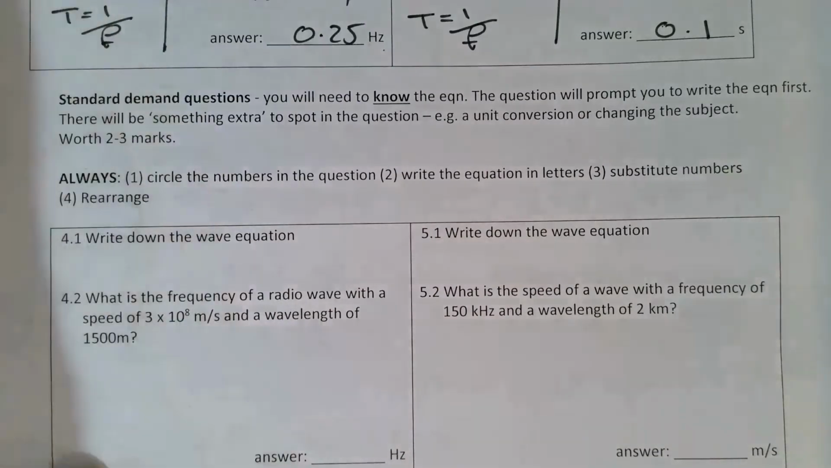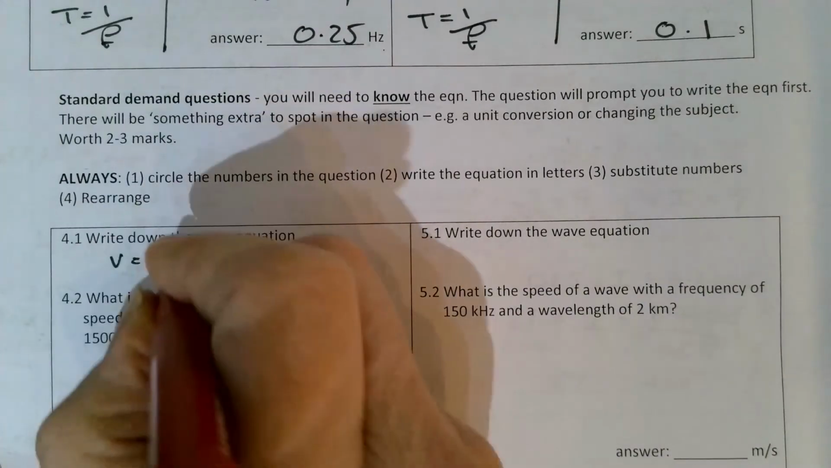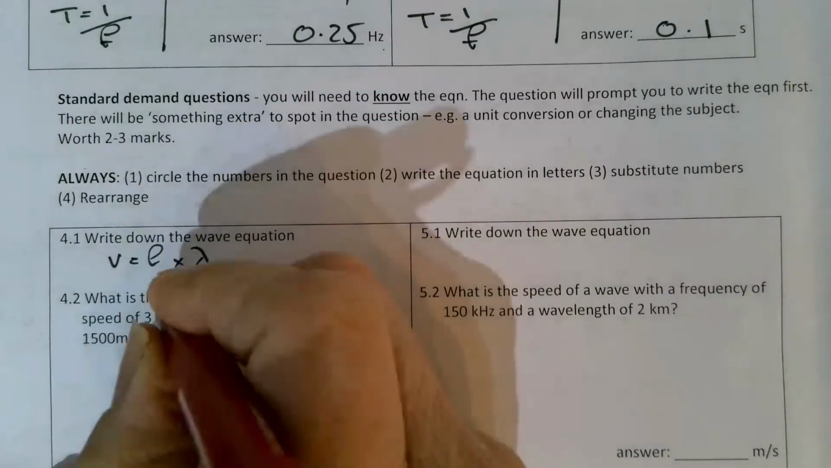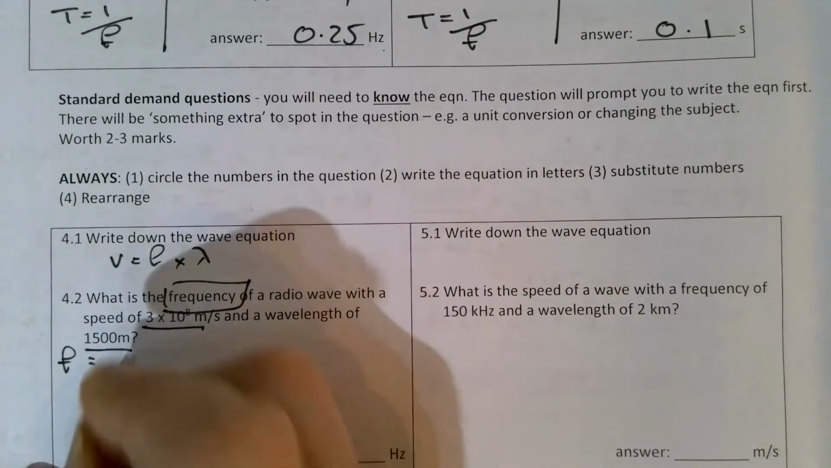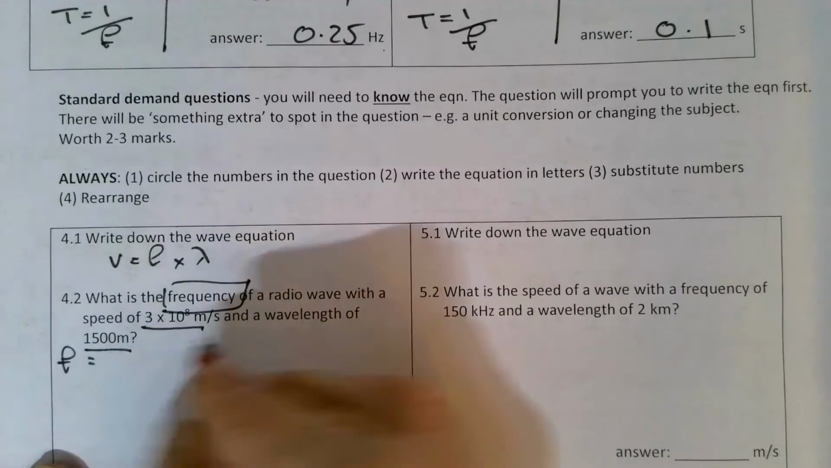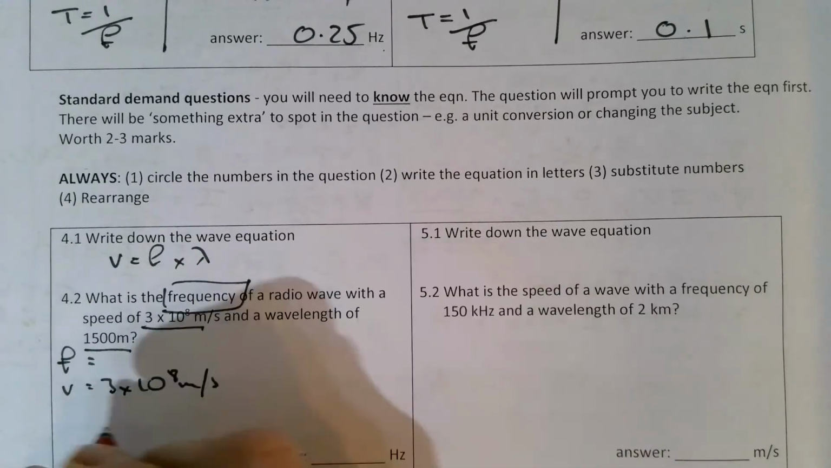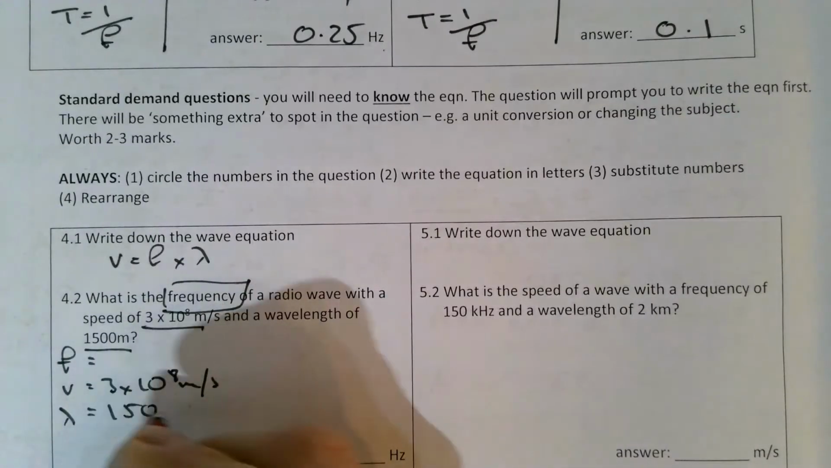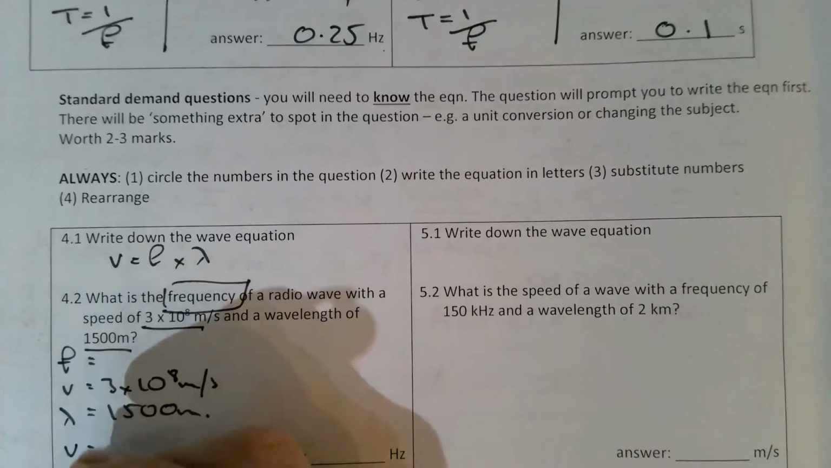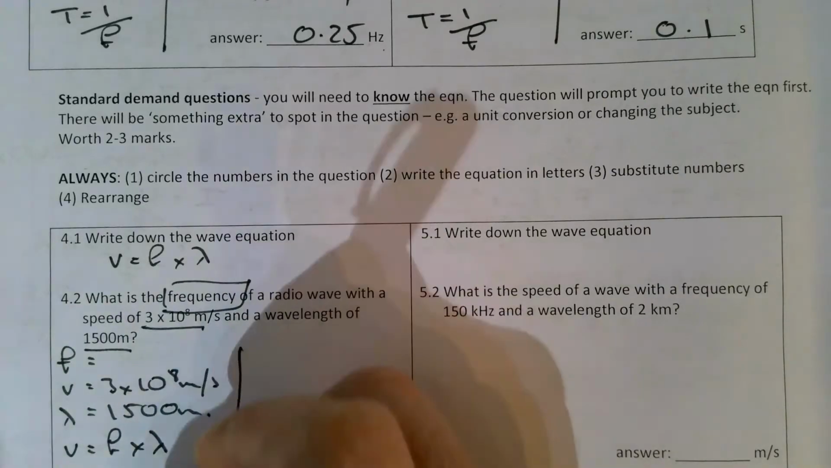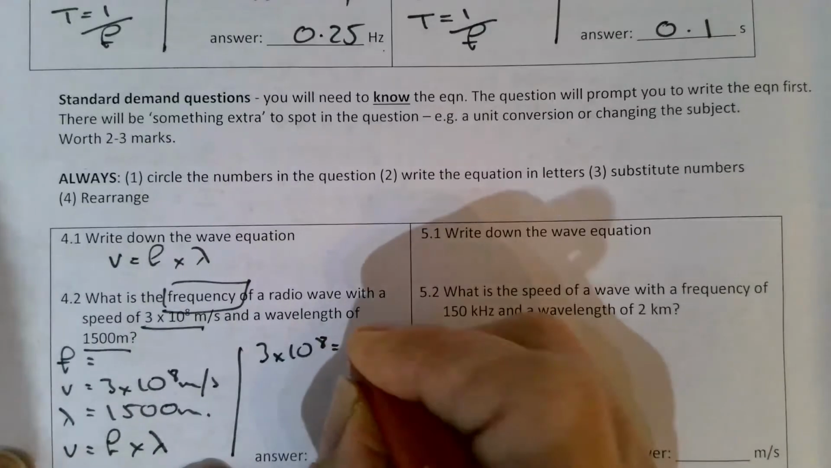Let's wait for that to focus. So question number 4. Write down the wave equation: v is equal to frequency times lambda. Now what is the frequency? I need to underline the data. There we go. Speed, velocity is equal to 3 times 10 to the 8 meters per second, and a wavelength of 1500 meters. So what is the frequency? Write down my formula: v is equal to frequency times lambda. Insert my data: 3 times 10 to the 8 is equal to frequency times